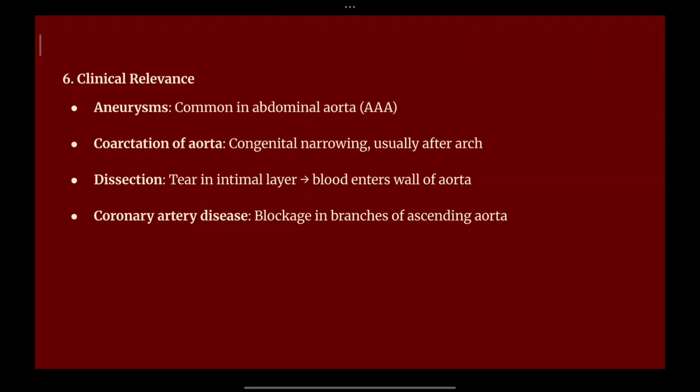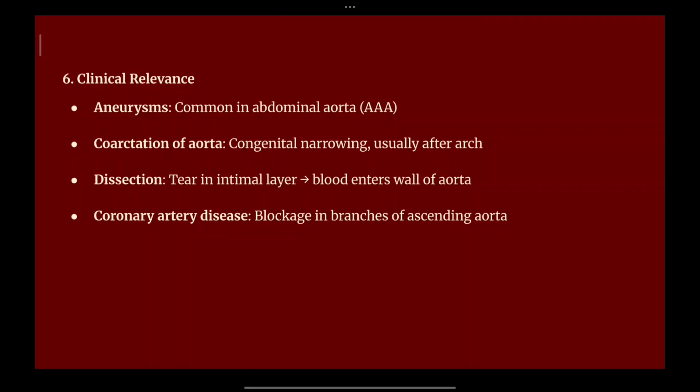Coronary artery disease is a common type of disease that is seen in recent times. This is due to a blockage in the ascending aorta or any branches of the ascending aorta. There is a formation of a clot or cholesterol, atherosclerosis, or excessive obesity, or anything that is blocking the blood vessel or the branches of the ascending aorta. Then coronary artery disease is observed, which can lead to heart attack or various other heart pathological conditions. So here we have completed the different topics under the cardiovascular system.